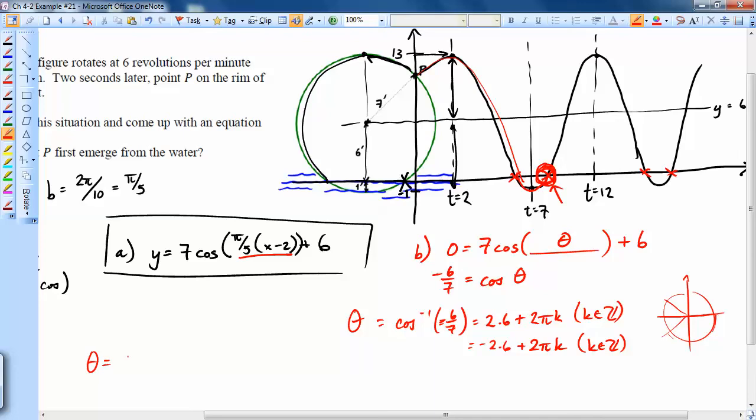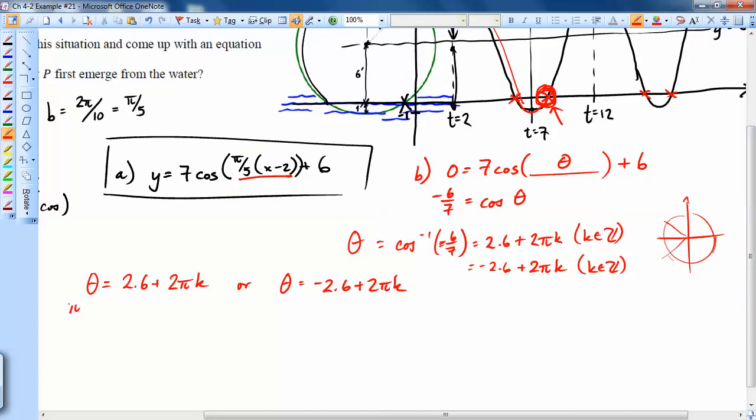So I need to replace what I have now. I've got one set of thetas that's 2.6 plus 2 pi k, and I've got another set of thetas that's negative 2.6 plus 2 pi k. So then what I need to do is switch out the theta for my pi over 5 x minus 2, and I'll do it over here too. And so now what I'm going to do is multiply the 5, divide the pi, and add the 2. So if I just multiply both sides by 5 over pi, then this turns into, let's see,